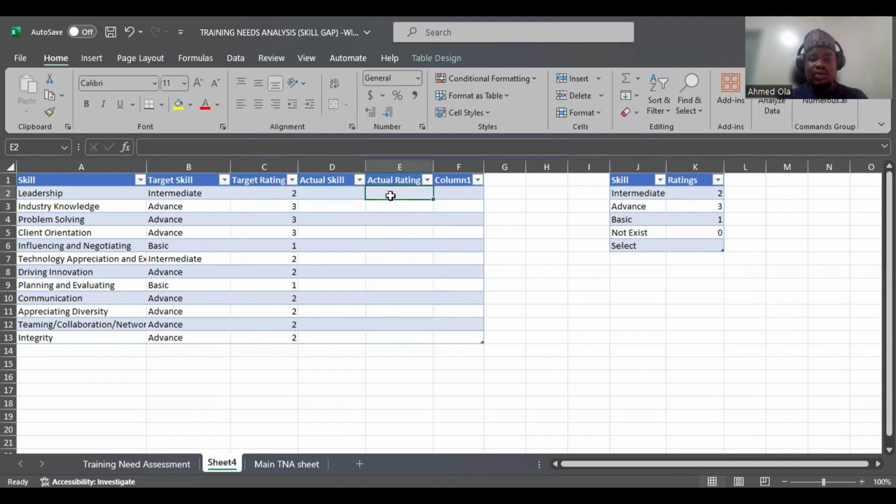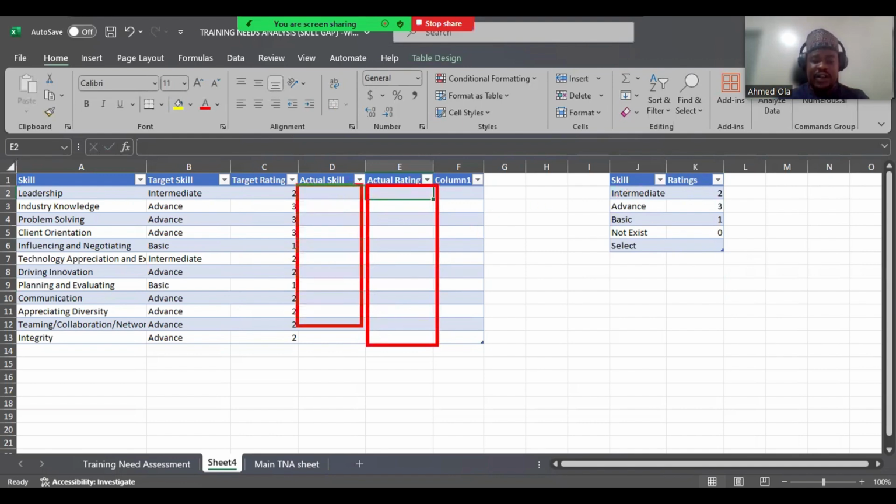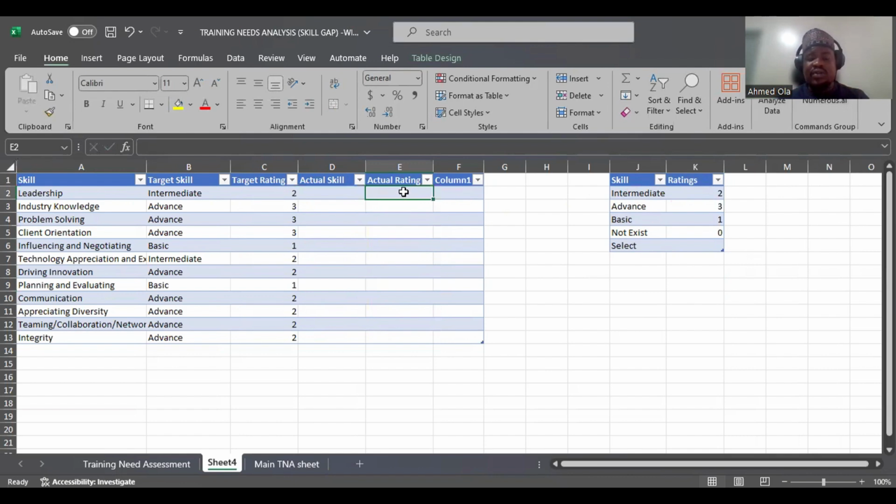So now the next thing we are going to do is to actually write a function here that will return the rating based on what the evaluator selected here. Okay, that is the idea. To do that, we need to write a VLOOKUP function. It's actually a VLOOKUP function that can solve that problem for us. So I'm just going to say equals to